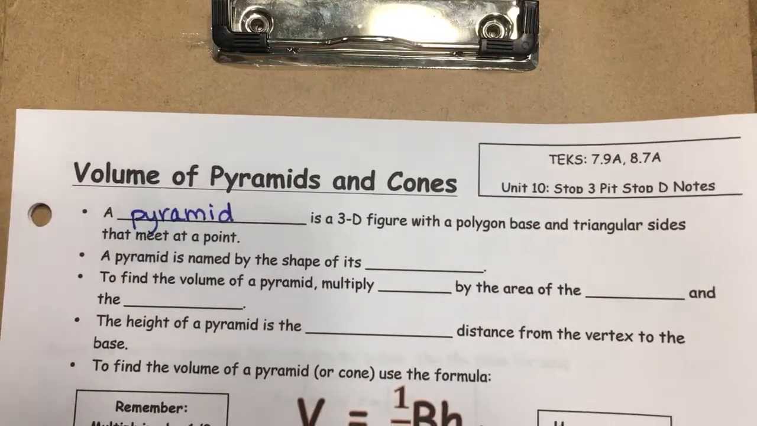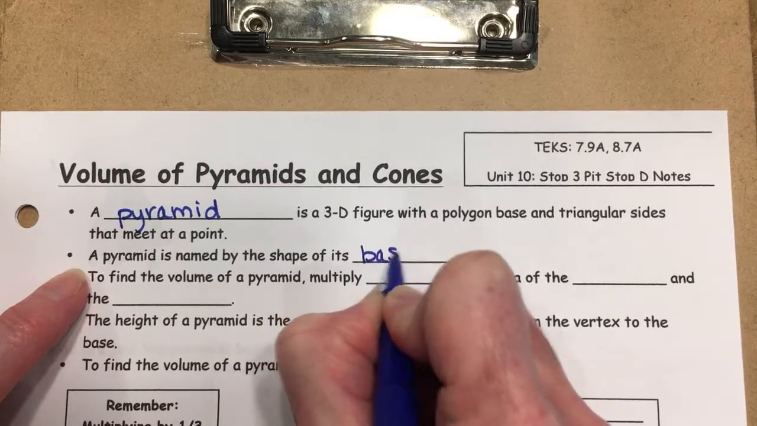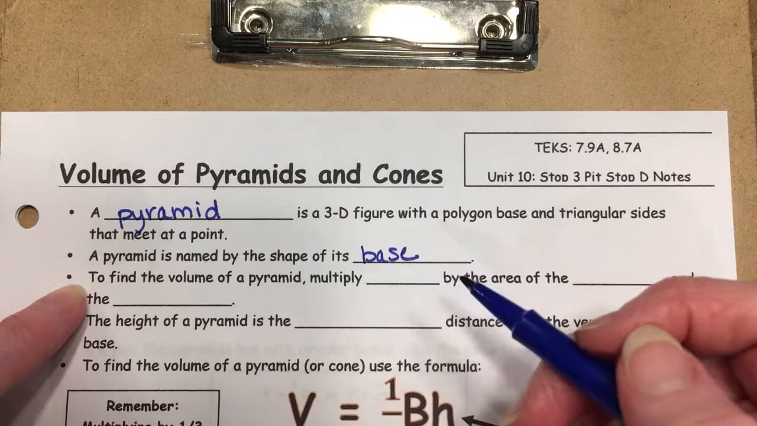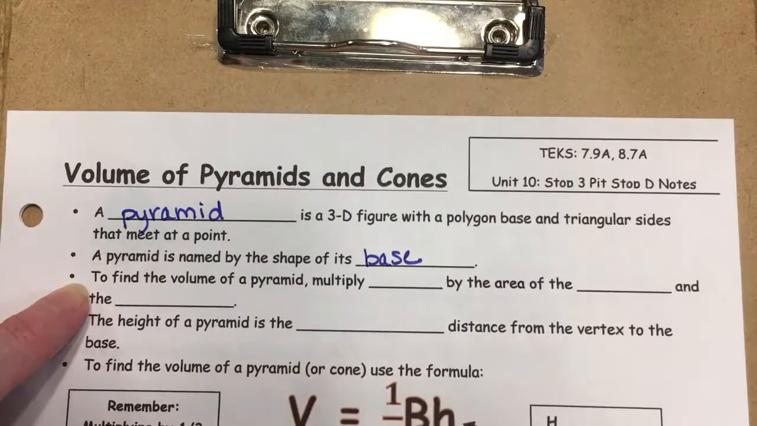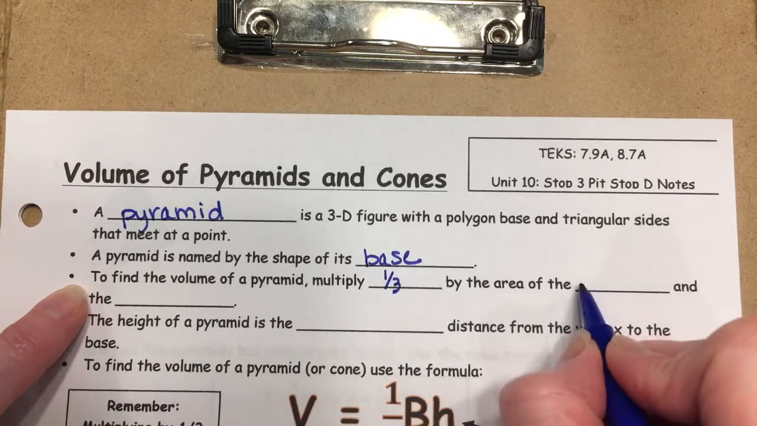A pyramid is named by the shape of its base. Since all the sides are triangles, the only thing that's really different about each pyramid is the shape of its base. So we're going to name it different things according to the base. To find the volume of a pyramid, you need to multiply 1/3 by the area of the base